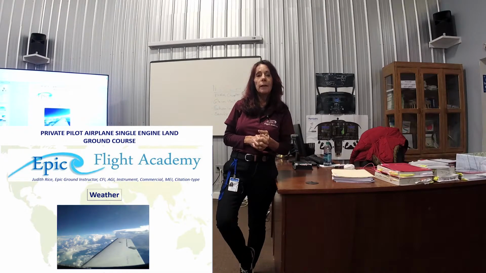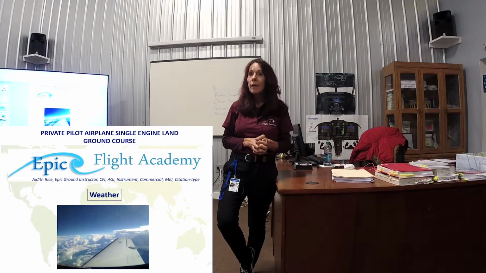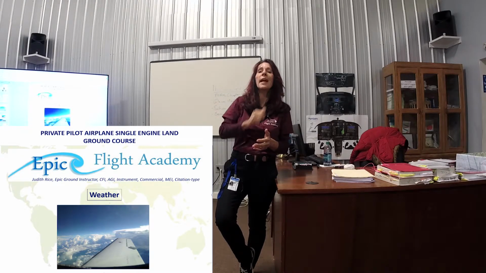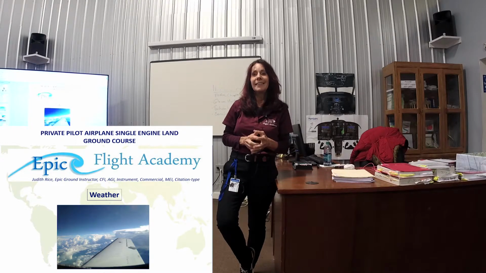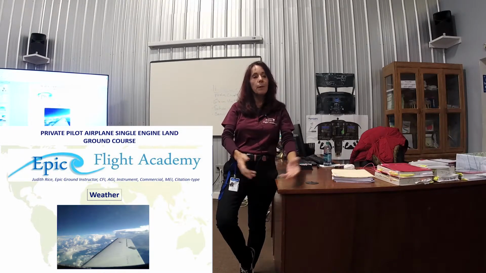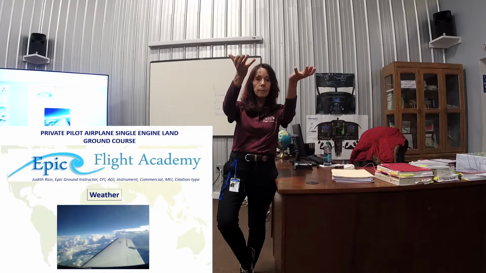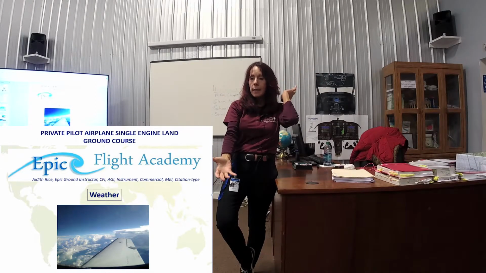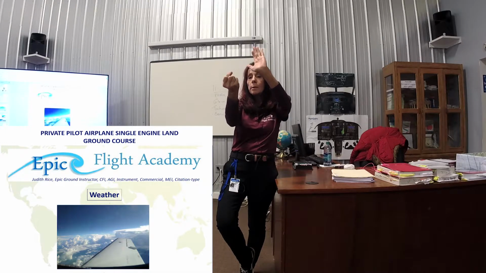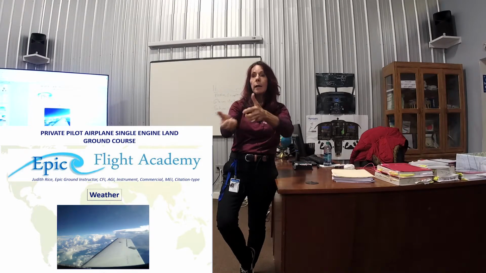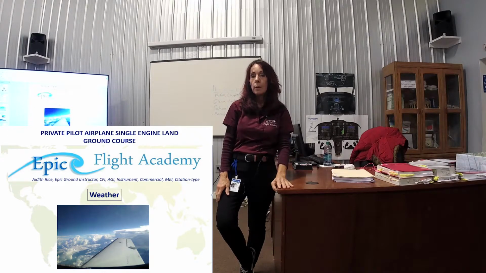So, Juan, here's how your check ride is going to be. Tell me about advection. As soon as you mention something, your check airman is going to ask you about it. Advection. So now we know radiation fog goes up because at night the ground cools off quicker. If it is moist, it hits that warm air, picks up condensation nuclei, and you have fog. So now we have advection. What does advection fog mean?